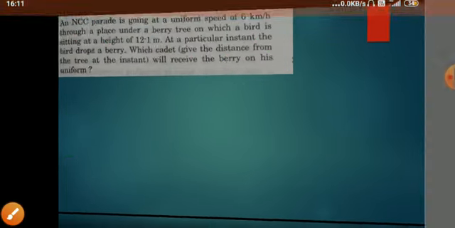Now let's move to the next problem. In this slide we have two problems. First problem: a ball is dropped from a height. If it takes 0.2 seconds to cross the last 6 meters before hitting the ground, find the height from which it was dropped. Take g equal to 9.8 or 10 meters per second square. And second question: a ball is dropped from a height of 5 meters onto a sandy floor and penetrates the sand up to 10 centimeters before coming to rest. Find the retardation of the ball in sand, assuming it to be uniform. So let's try to solve the first problem.